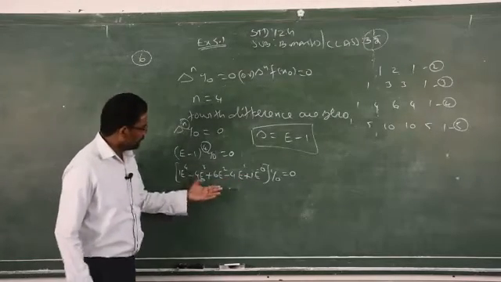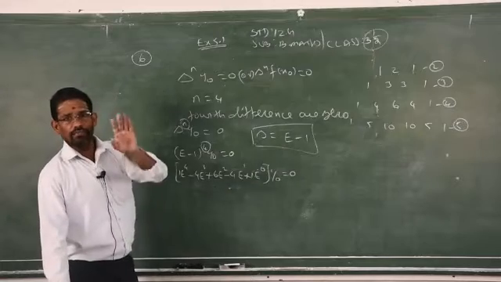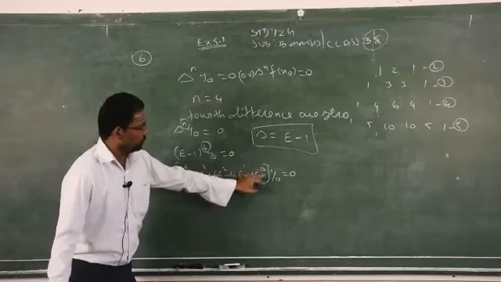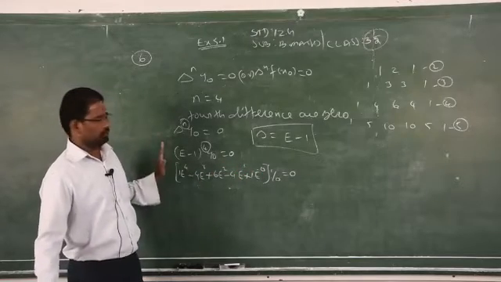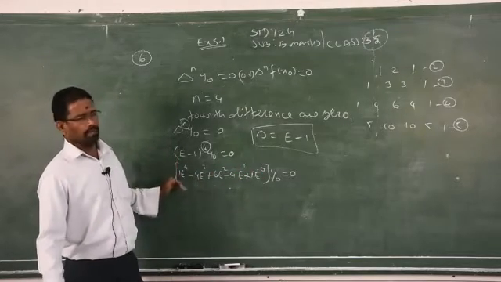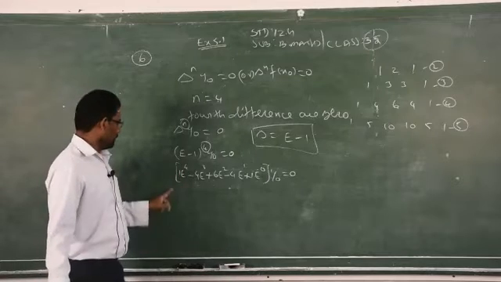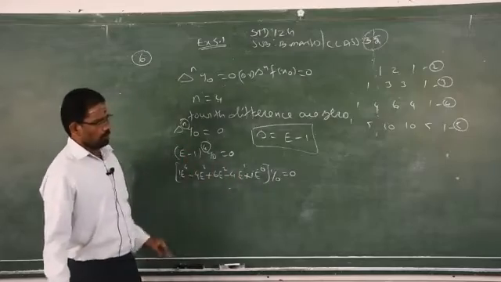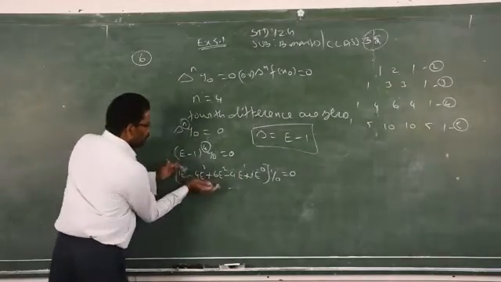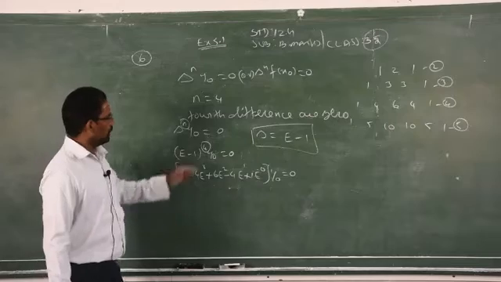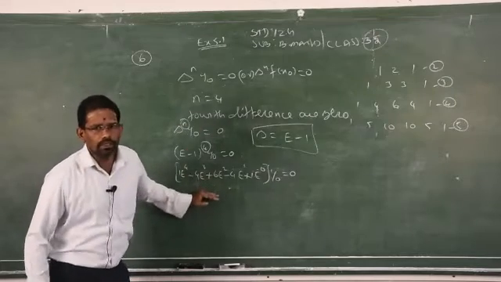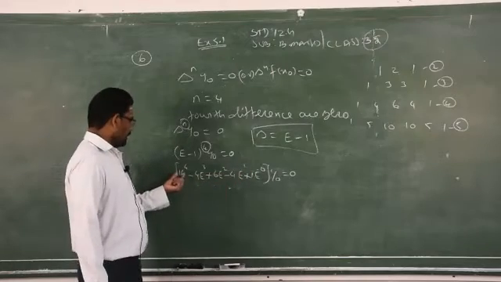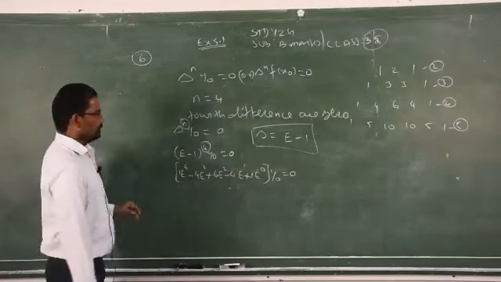Once you have completed this process, you have to check whether you did it correctly or wrongly by seeing the power of e: 4, 3, 2, 1, 0. The powers are in order, so there is no problem in the powers. Next you have to see the sign: plus, minus, plus, minus, plus. There is no problem in the sign also. Therefore, you will get the correct answer. So once your process is over, please check whether the powers are in order and also the signs plus, minus, plus, minus, plus. You check both.